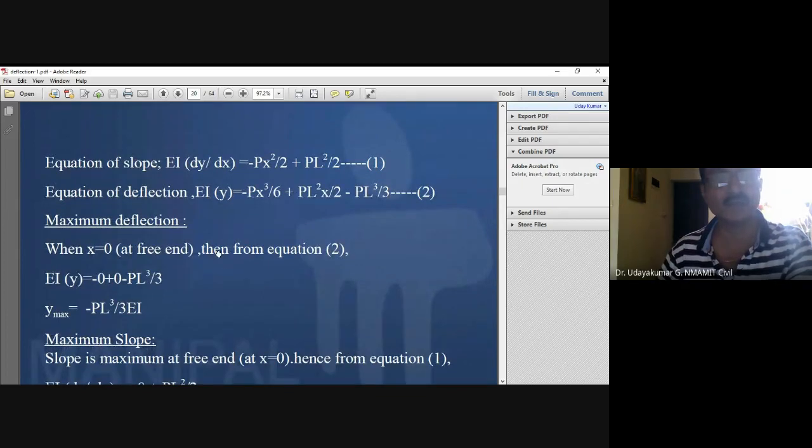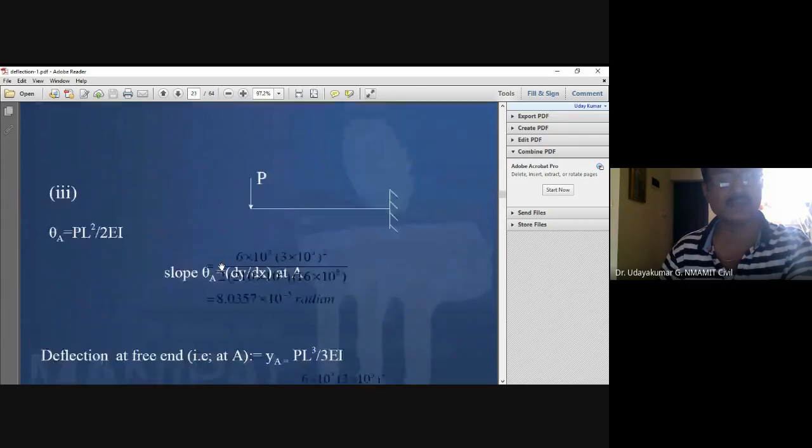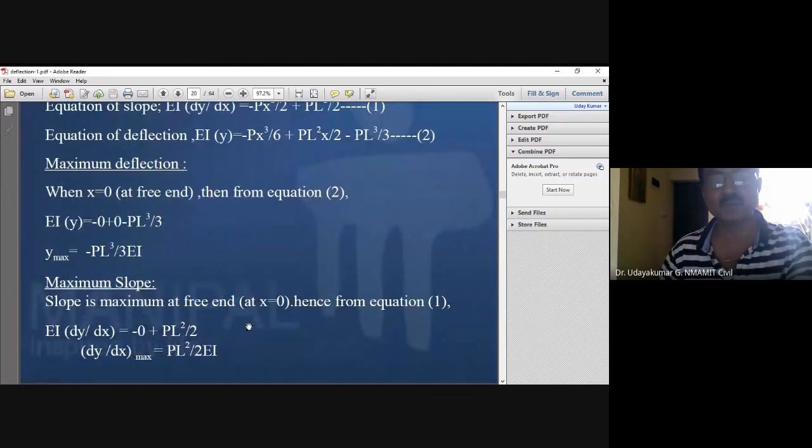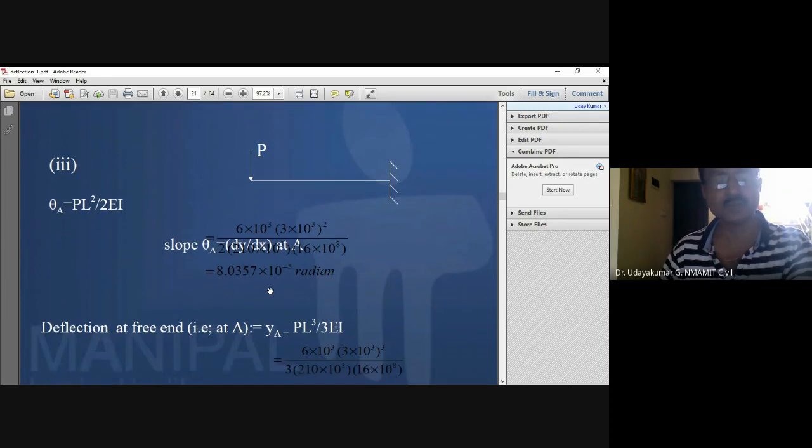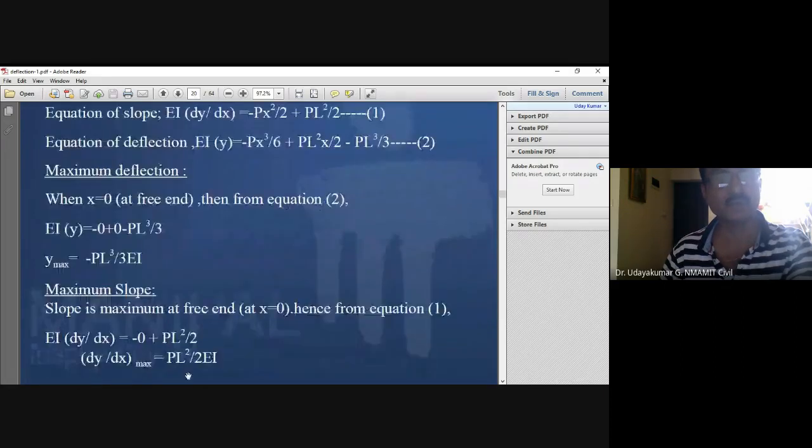So this is the equation for slope and deflection. You can write, and wherever you want, you can get. And the maximum slope is at the free end. So substitute for x equal to 0, you get PL squared by 2EI is the slope, EI is the flexural rigidity. You can always substitute later. And that is the slope. So you need to remember this equation. PL squared by 2EI is the slope, and the maximum slope is when x equal to 0 at the free end. The minus sign indicates that it is downward deflection, minus PL cubed by 3EI. So remember this equation.